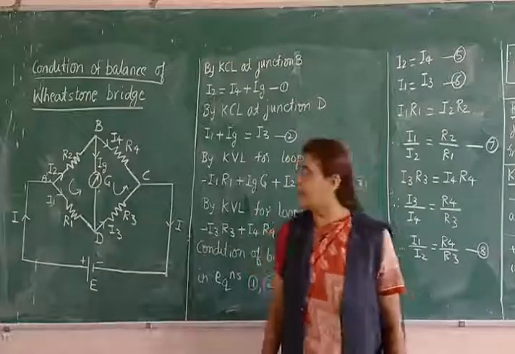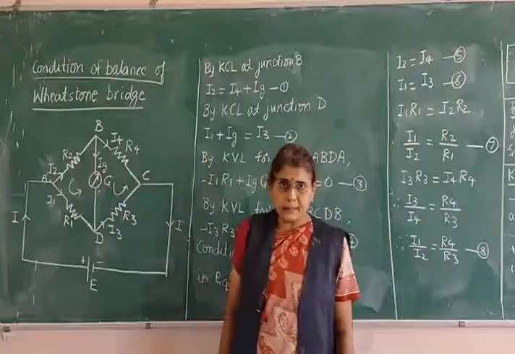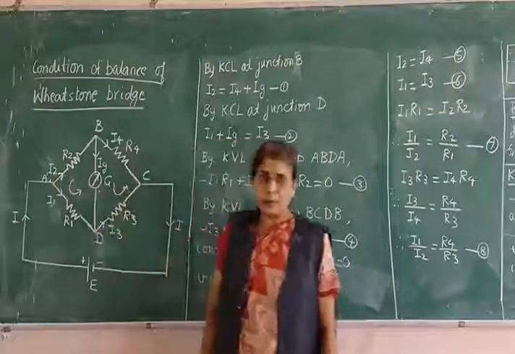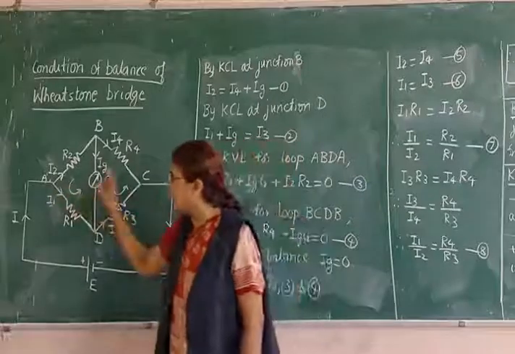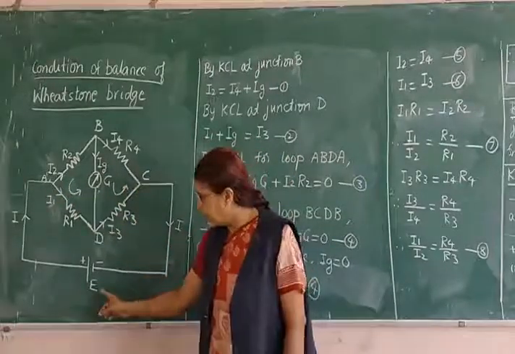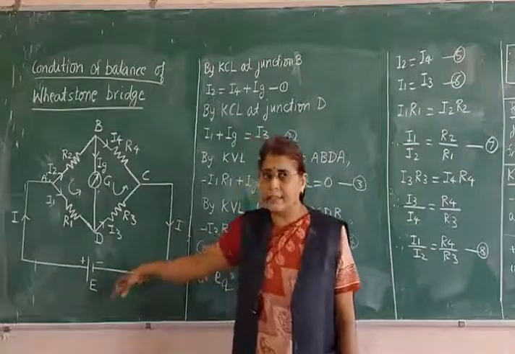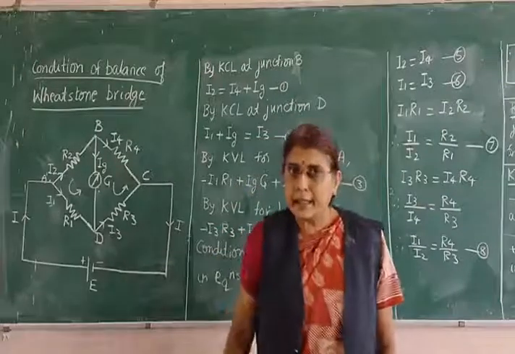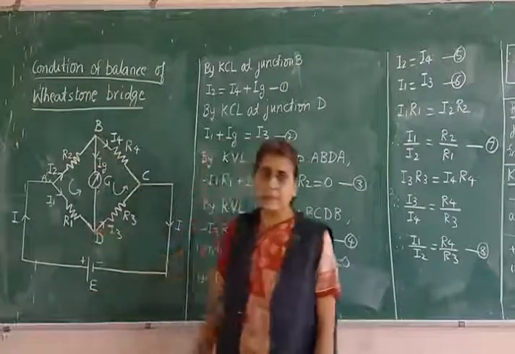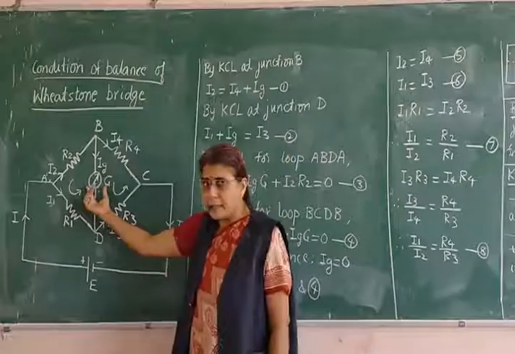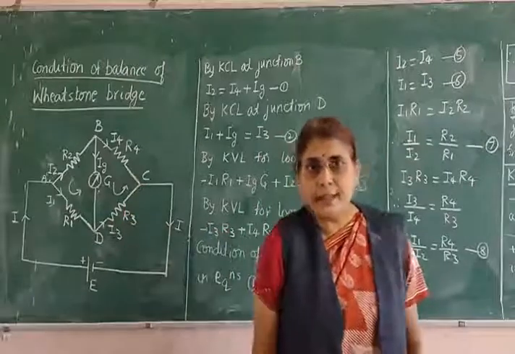Now there are 2 pairs of opposite terminals for the Wheatstone bridge. This is A, B, C, D. A and C is one pair of opposite terminals. B and D is another pair of opposite terminals. Now what is the next arrangement? Between one pair of opposite terminals, let us say A and C, I can connect a battery here. EMF is E. Let us neglect the internal resistance of the battery. In a problem, internal resistance will be there, but for the derivation we are neglecting it. Between the other pair of opposite terminals, that is B and D, we connect a galvanometer having resistance equal to G. This simple arrangement we call the Wheatstone bridge.